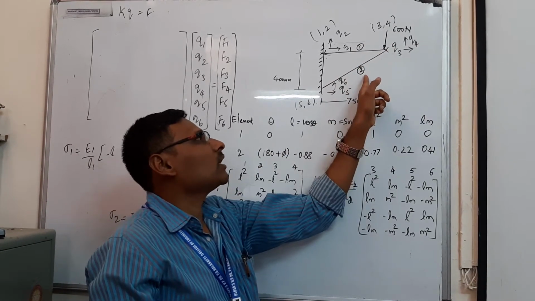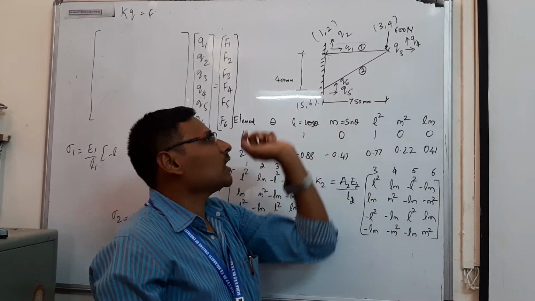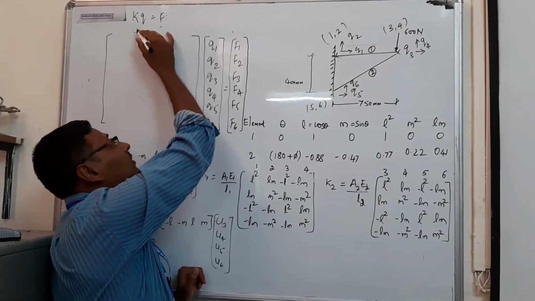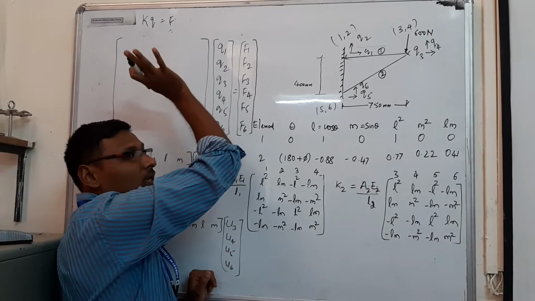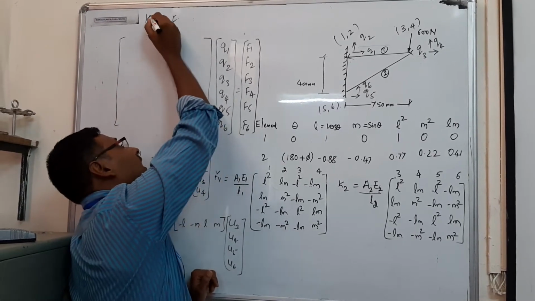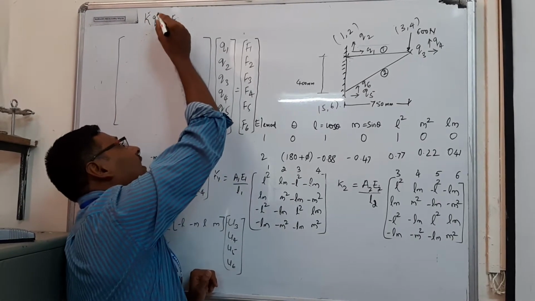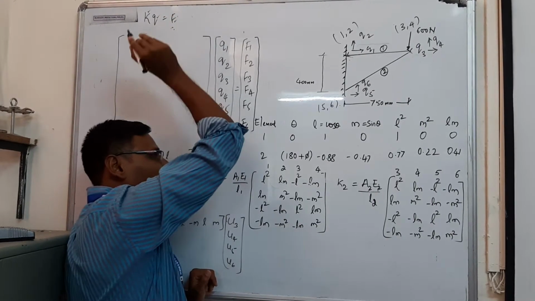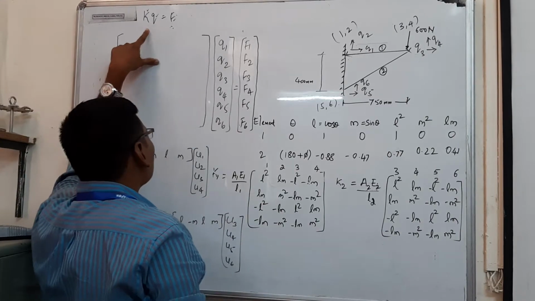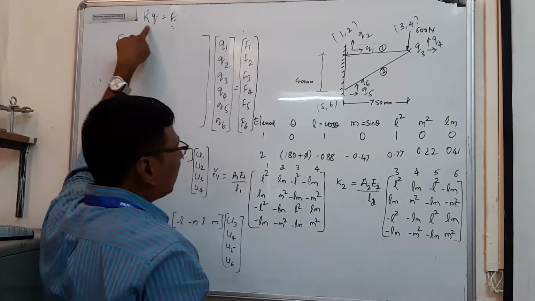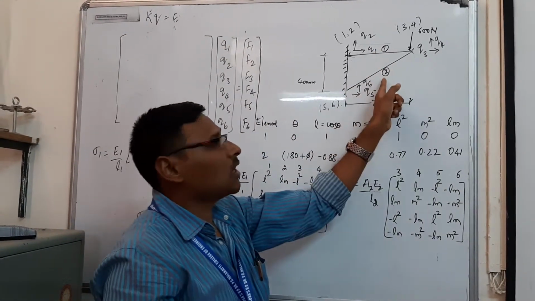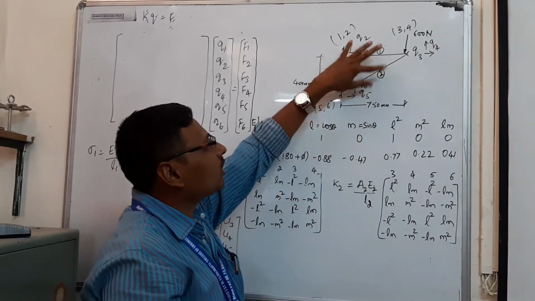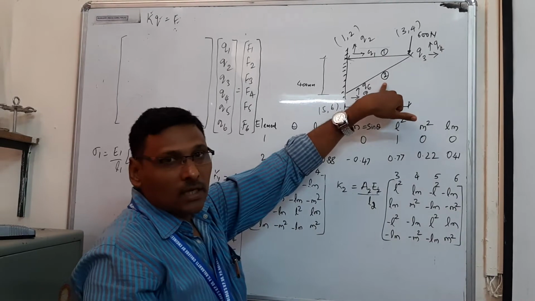Generally you know the equation KQ = F, where K is called the global stiffness matrix, for every FEM analysis. First let me calculate the K, then later on we will come to know what Q and F mean. To calculate K, I need to calculate K with respect to these two elements. So K is going to be divided into the two elements, K1 and K2.